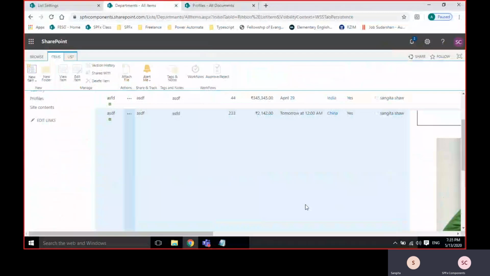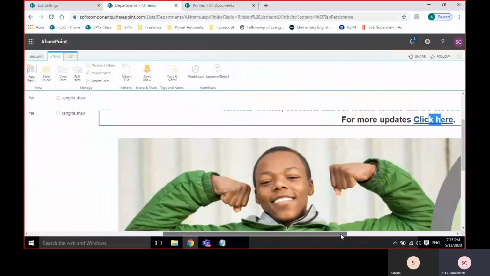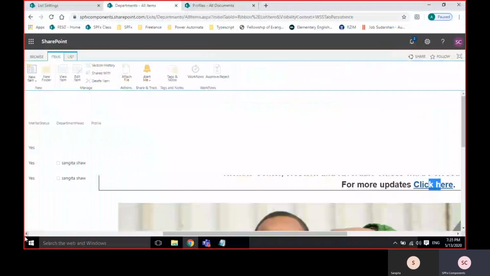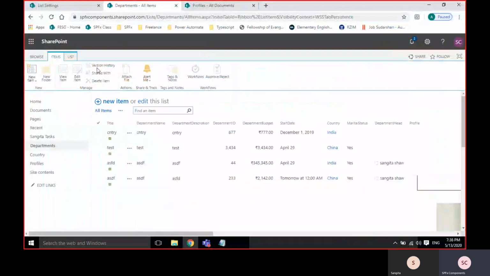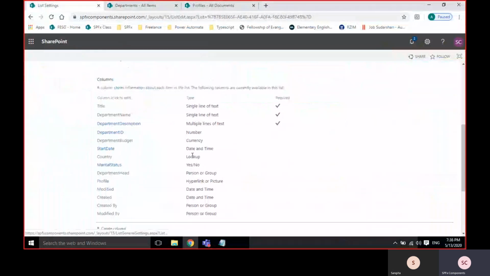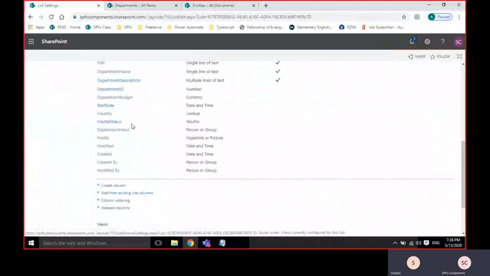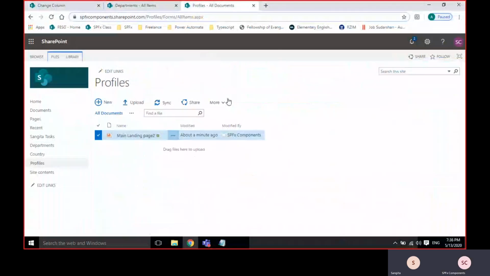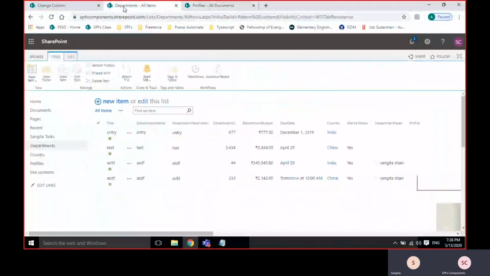Generally, we don't give such big pictures. As of now, it is in my system, so I can change it to a hyperlink also. If I have a big-size picture, is it possible to restrict the size in the list?